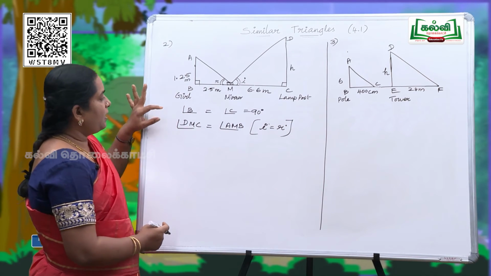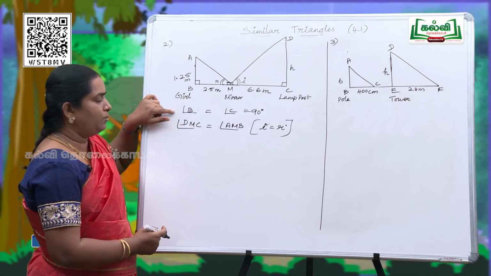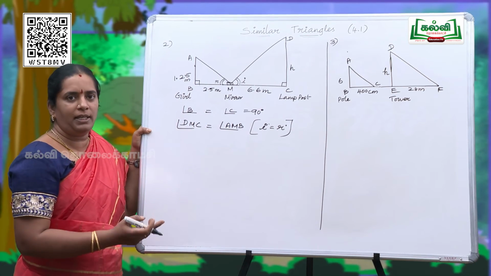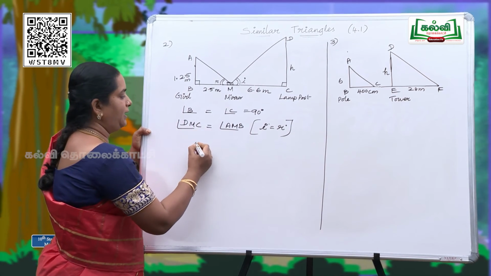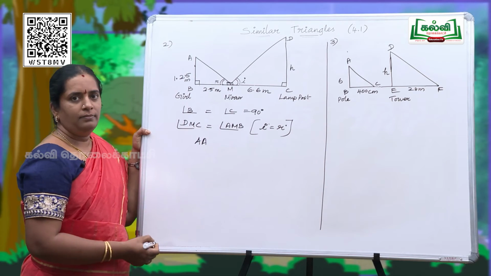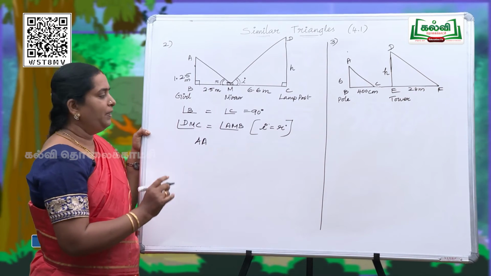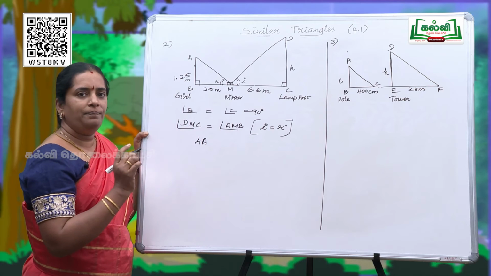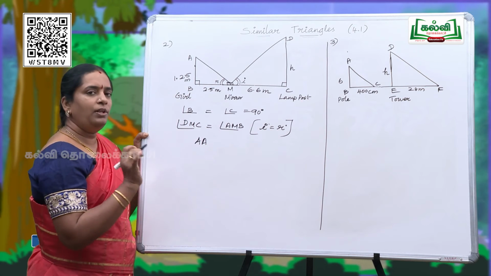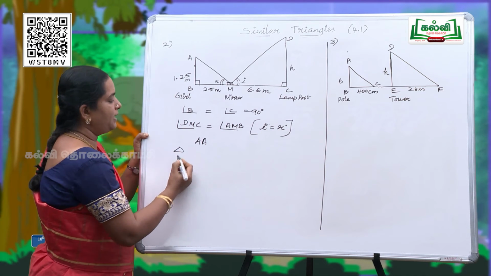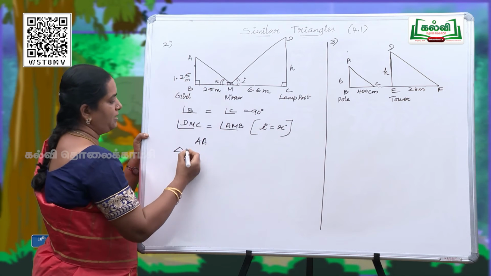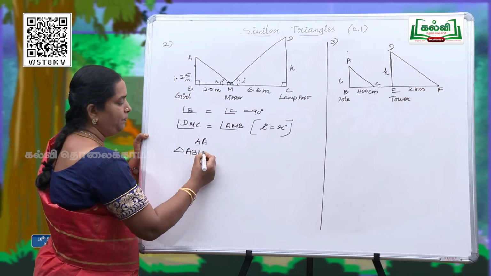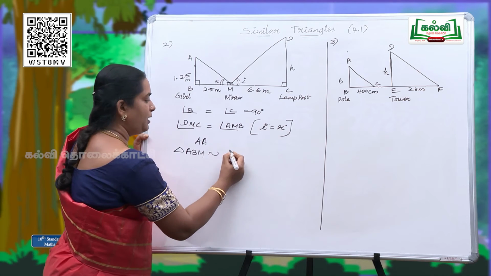Since these two pairs of angles are equal, we can say that the AA criteria holds good. So according to AA criteria, these two triangles are similar. How will you name the triangles? First, let us name the first triangle as ABM randomly. And it is similar to triangle...